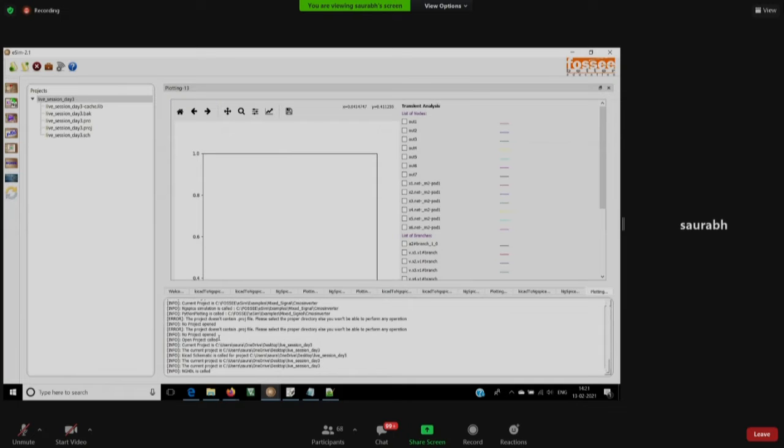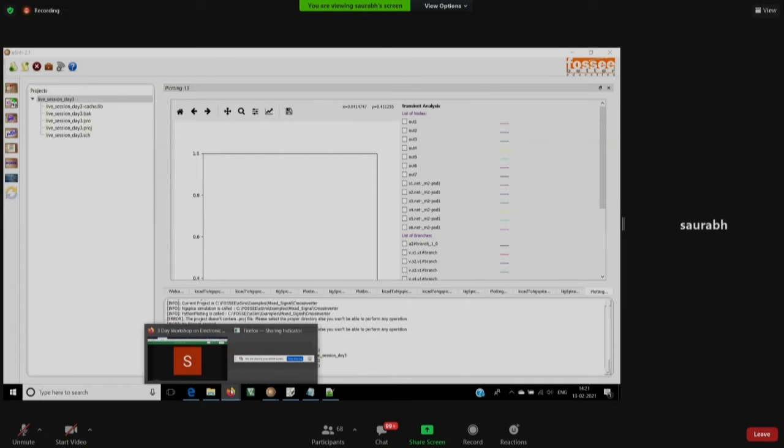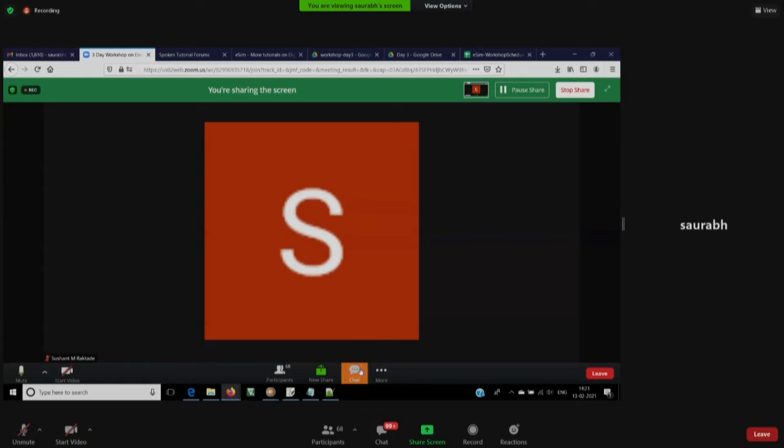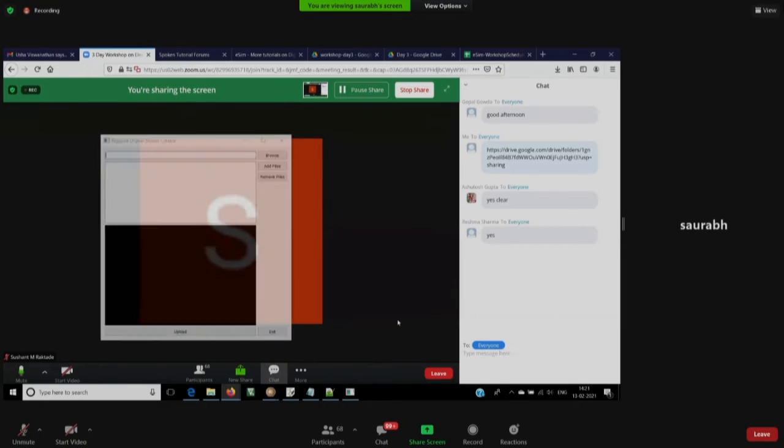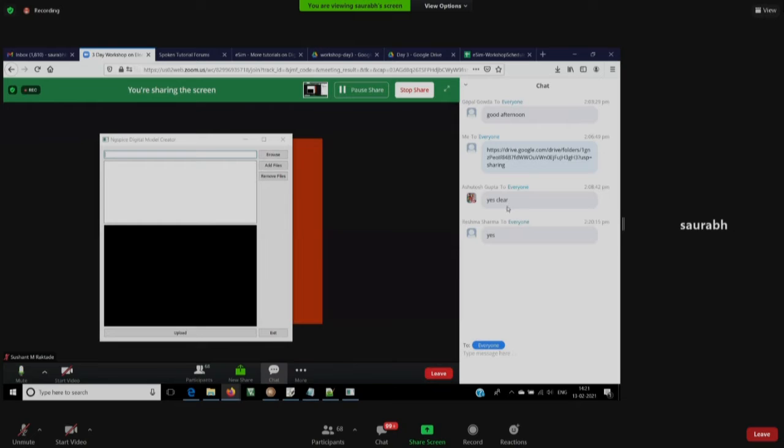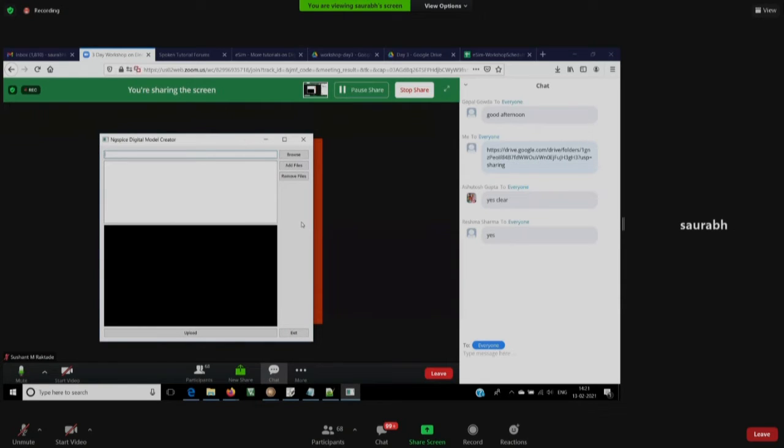I want someone in the audience to volunteer, maybe Priyan, Asutosh Gupta or Gopal. Someone can follow these steps and let me know once they are done, so I'll have a rough estimate of where everyone is. Okay, so once you have the NGHDL window open, click on the browse button.